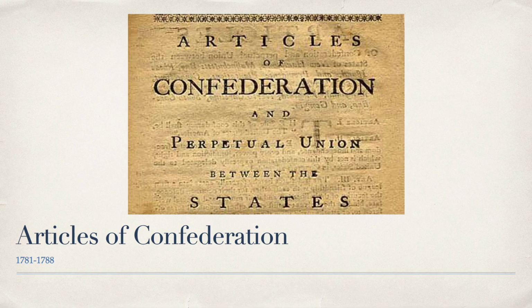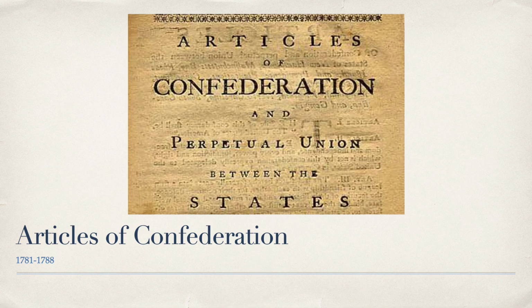They could declare war, make peace, negotiate treaties and alliances, issue currency, borrow money, regulate trade with Native Americans, and appoint senior officials of the United States Army. However, there was no United States Army, only state militias. They could not collect taxes, and each state only had one vote. Congress's salaries were paid by their state. They were also subject to immediate recall, so if they did something their state didn't like, they automatically could lose their jobs. Also, any amendments to the Articles of Confederation had to be approved by all 13 states.